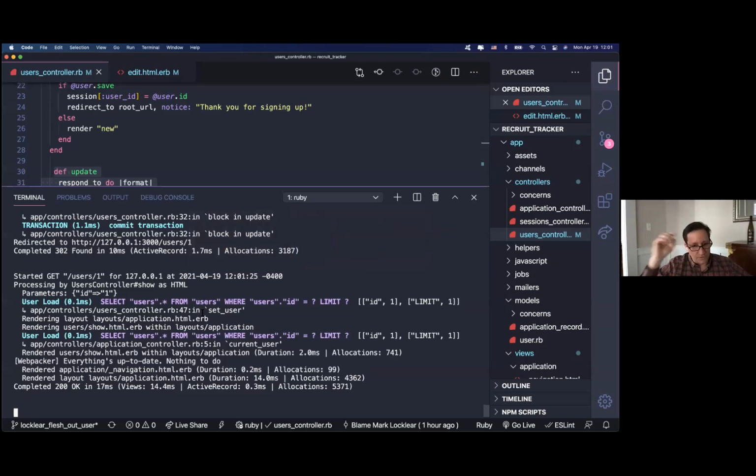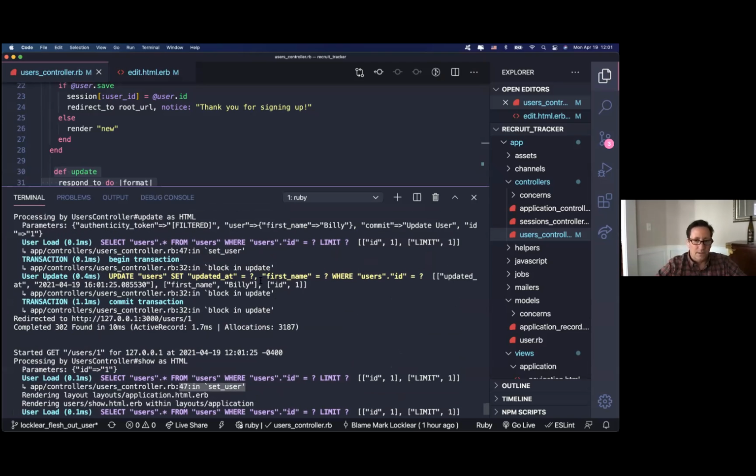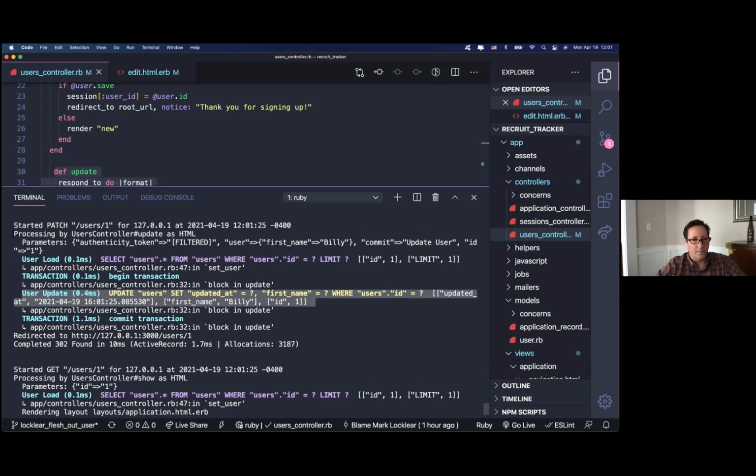Now in the console, I should be able to see where, so here is the, yeah, so right up top here's where it did this. Yeah, and in fact, even up higher than that. Oh yeah, even here. Params are, see, there's the new update, the new text, Billy, that you sent. And then you can actually see the SQL that's being run once it's inserted. You can see the set statement, update users set updated at. Notice our updated at field, that timestamp is being updated in addition to inserting the new